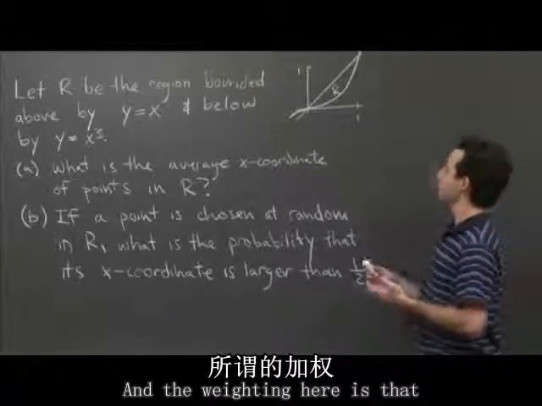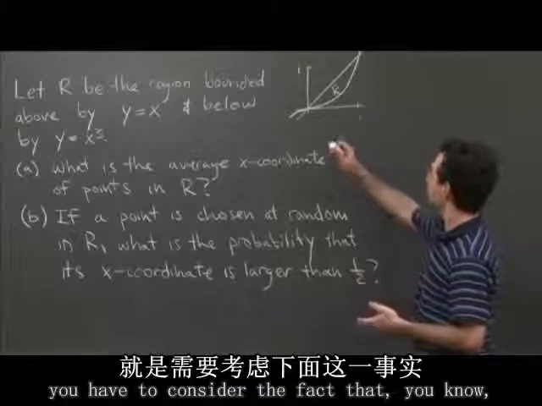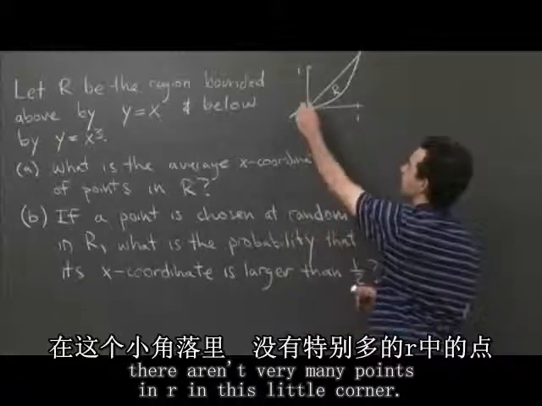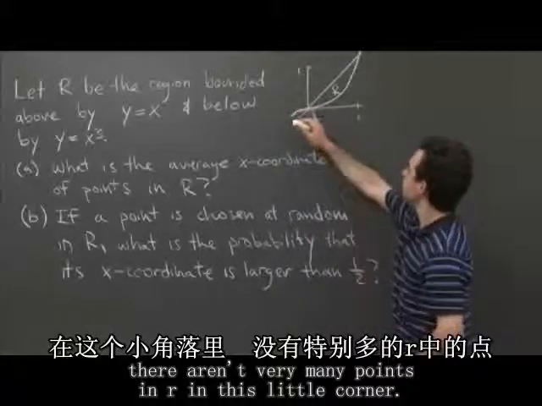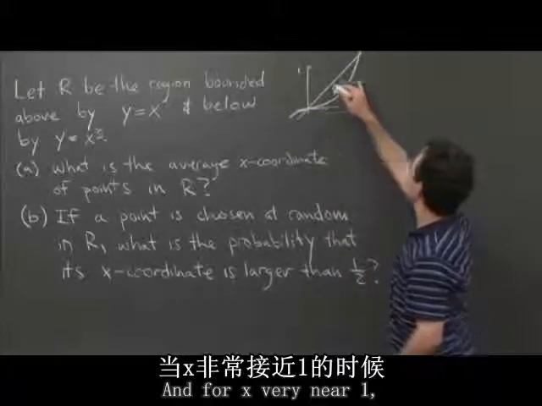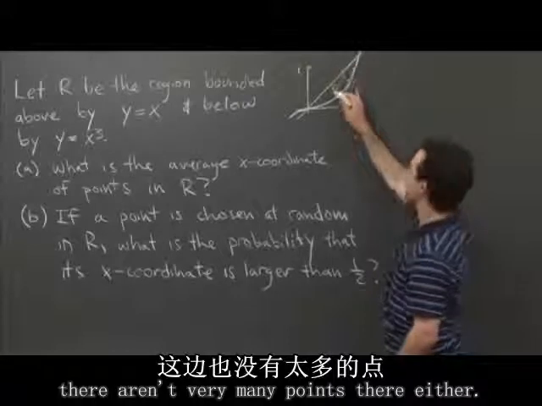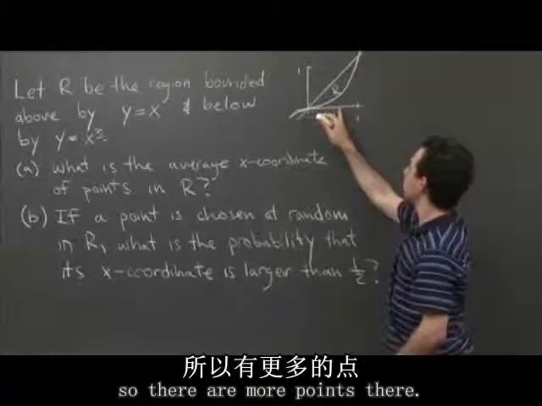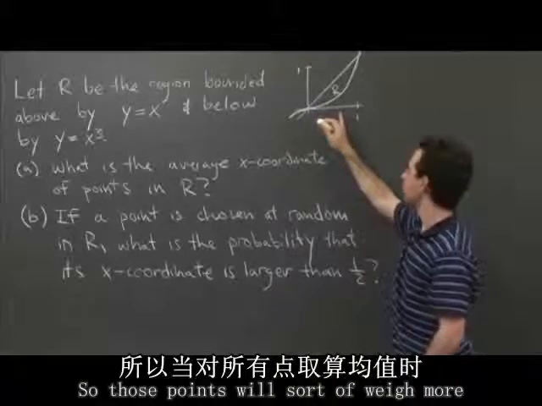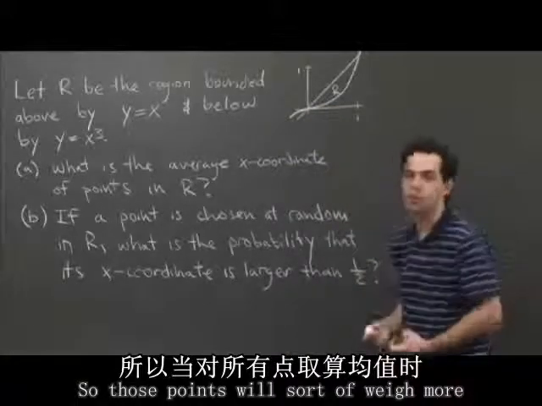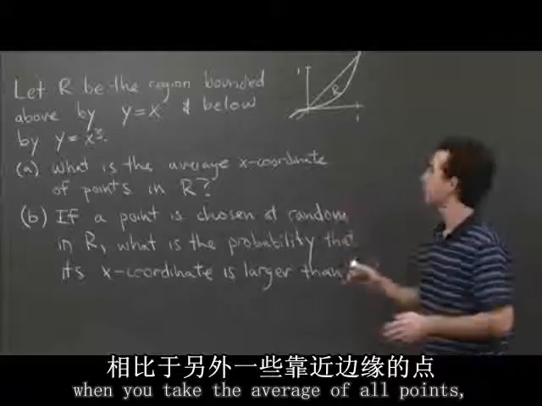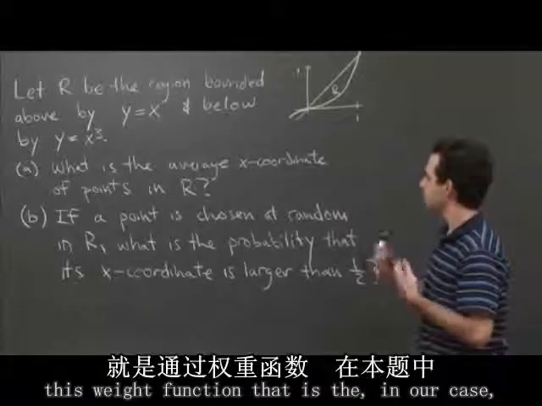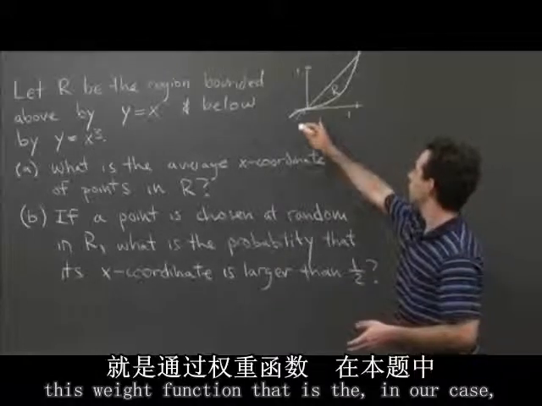And the weighting here is that you have to consider the fact that, for x very near 0, there aren't very many points in R in this little corner, right? And for x very near 1, there aren't very many points there either. In the middle, this region is a little higher, so there are more points there. So those points will weigh more when you take the average of all points than the points near the edges. So the way we account for that is we have this weight function that is